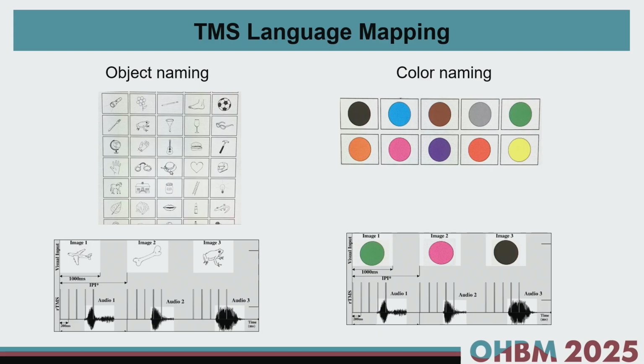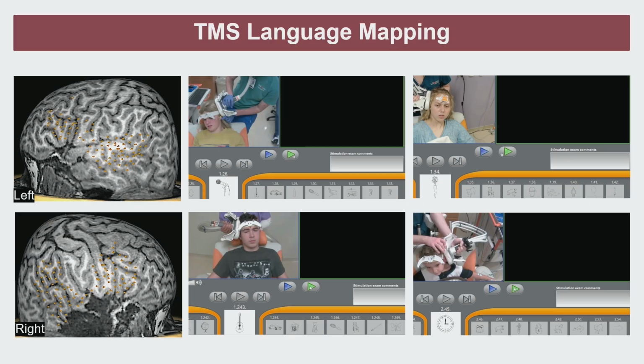So it's very similar, again, to cortical stimulation mapping, where while the person is performing the task, you are applying the TMS stimulation. Just to give you an idea what kind of brain areas are covered, this is pretty much all the temporal regions, temporoparietal regions, and of course the inferior frontal gyrus. And you know from previous talks that these are classic language areas. Before I go, I wanted to demonstrate some of the errors that we do elicit